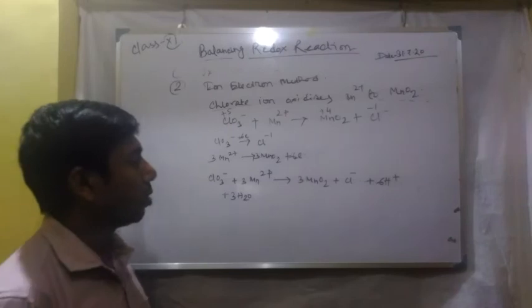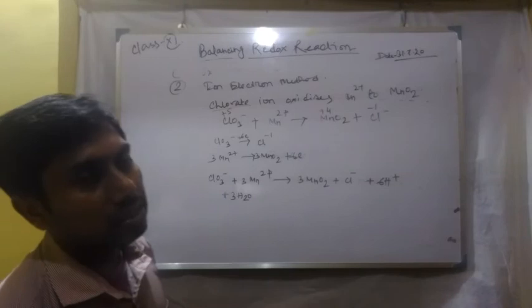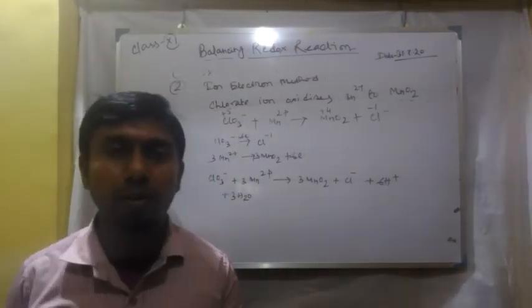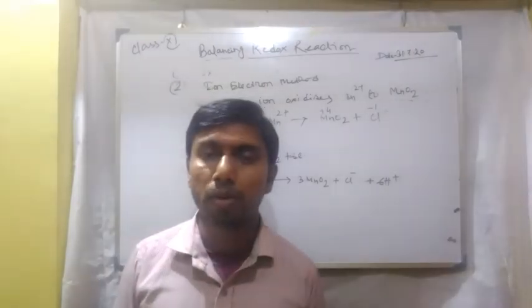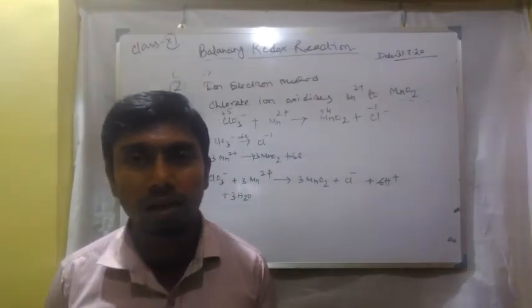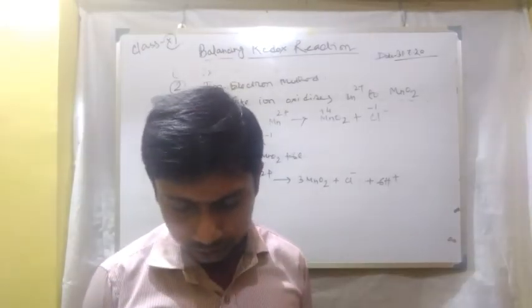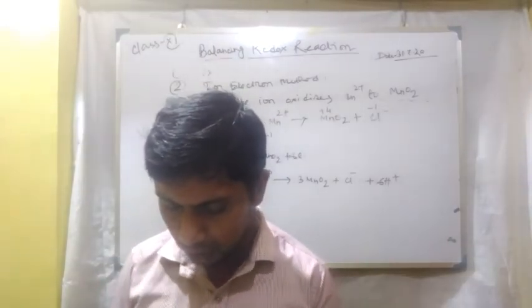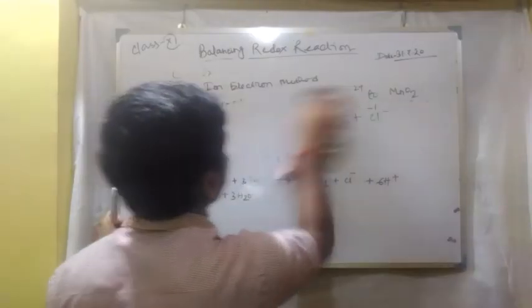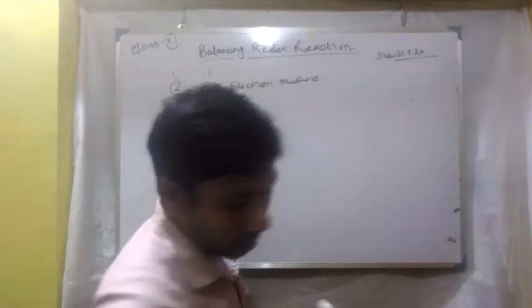The addition of H plus or OH minus is according to the need, but if the reaction is given in acidic medium, then on the reactant side it will be the H plus ion and on the product side it will be the production of H2O. Okay, you can try more examples on reactions involving this very important one. You will try it at your home.